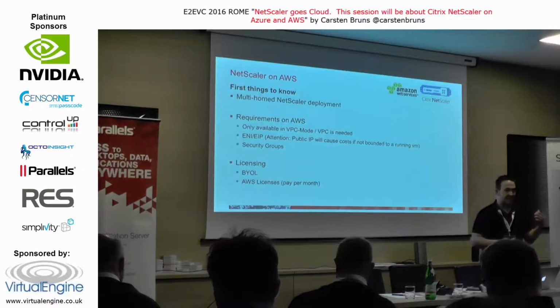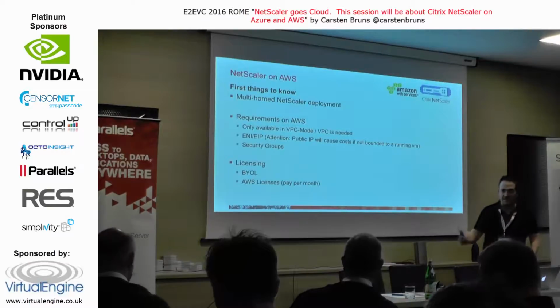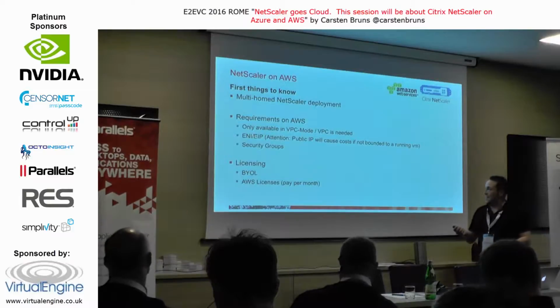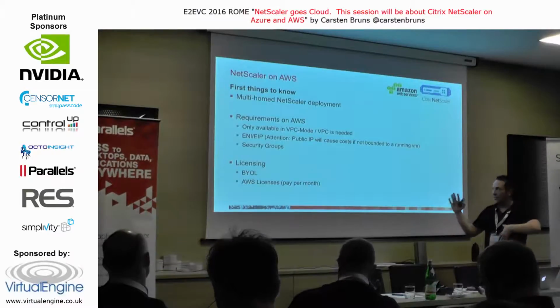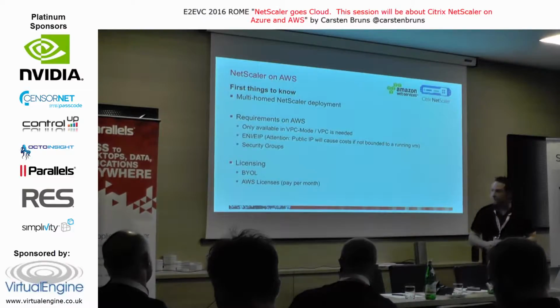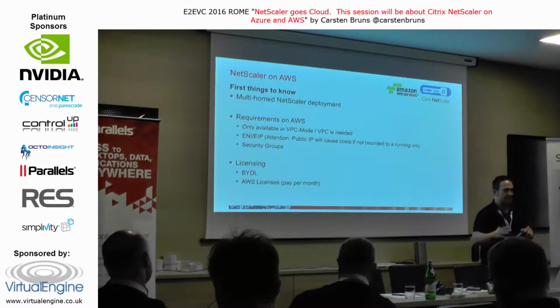The first one is an elastic network interface. I don't know why it's elastic, because it's an interface. I think it can't be elastic. And the second one is an elastic IP address. This is your public IP address. Your private IP address is not a rule like on Azure. You need also security groups. They are much more detailed than in Azure, therefore much more complicated.